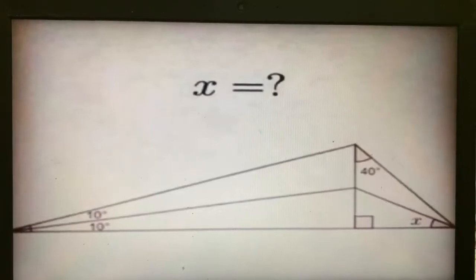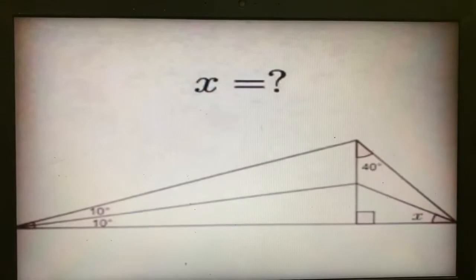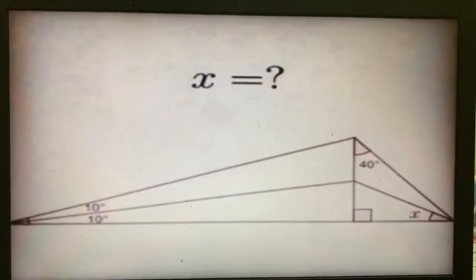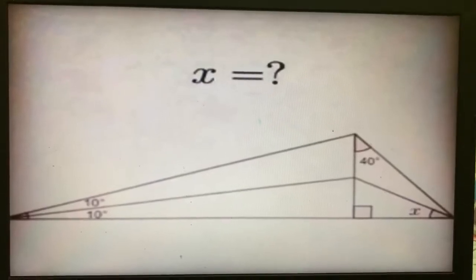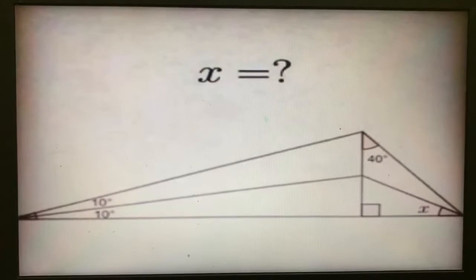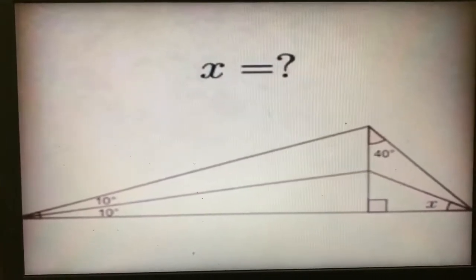On this Sunday, I posted a question on this triangle which is 90 degrees at a certain point. We need to find x, and the vertical angle on the right hand side is provided as 40 degrees, and on the left hand side two angles are given as 10 degrees. 10 degrees means the line passing through is clearly the bisector of the whole angle. We need to find x.